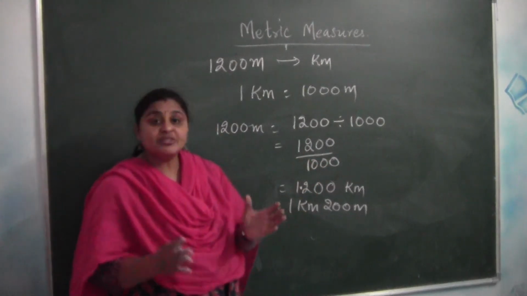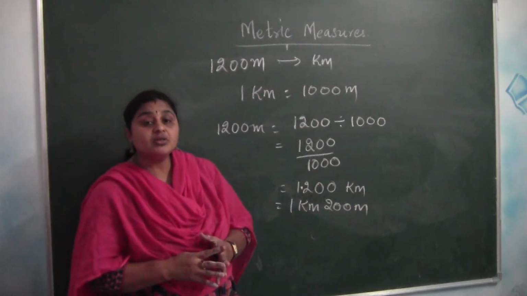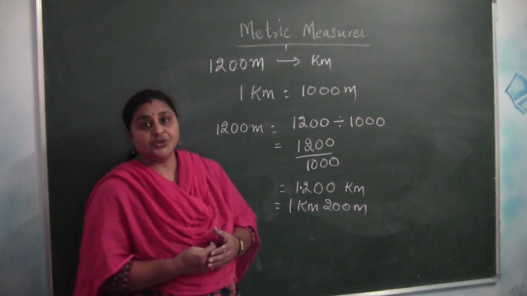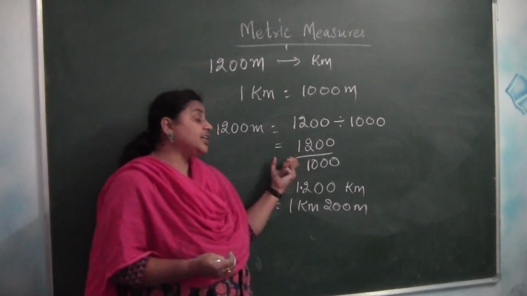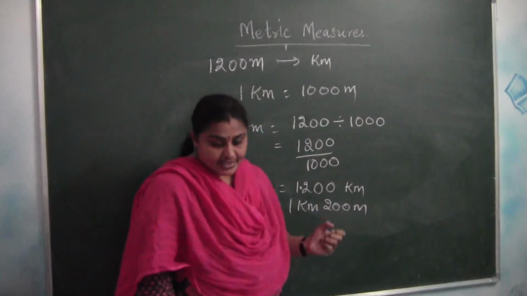So multiplying is very easy, children. Converting bigger to smaller is very easy because we just simply multiply and write in terms of the other units. But while dividing we need to be very careful. Okay, next let us take